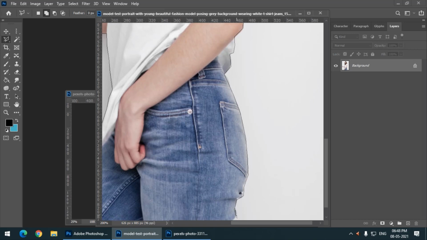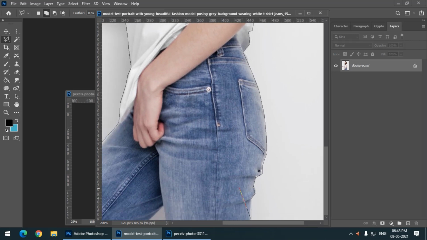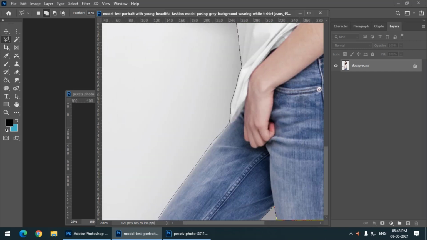We have to spend some more time if we want to do it properly, but it will take much more time. That's why I'm selecting it quickly. There we go. And now this is the place where we started making the selection.